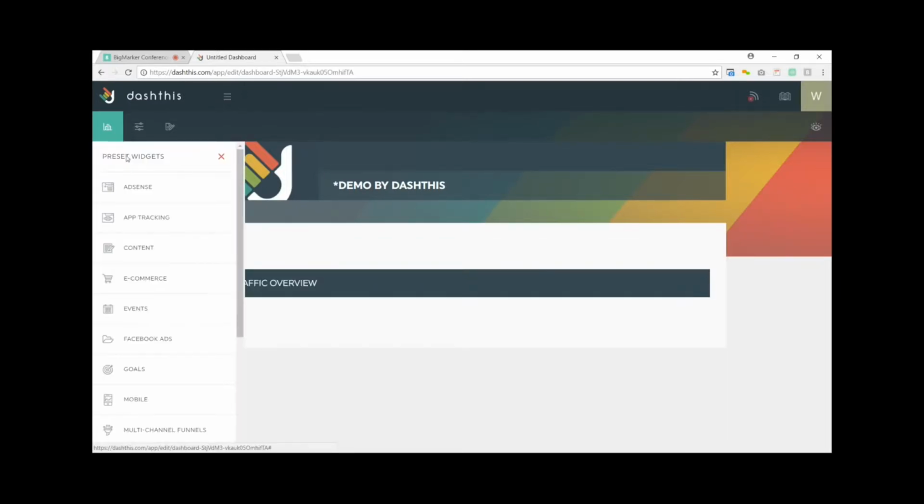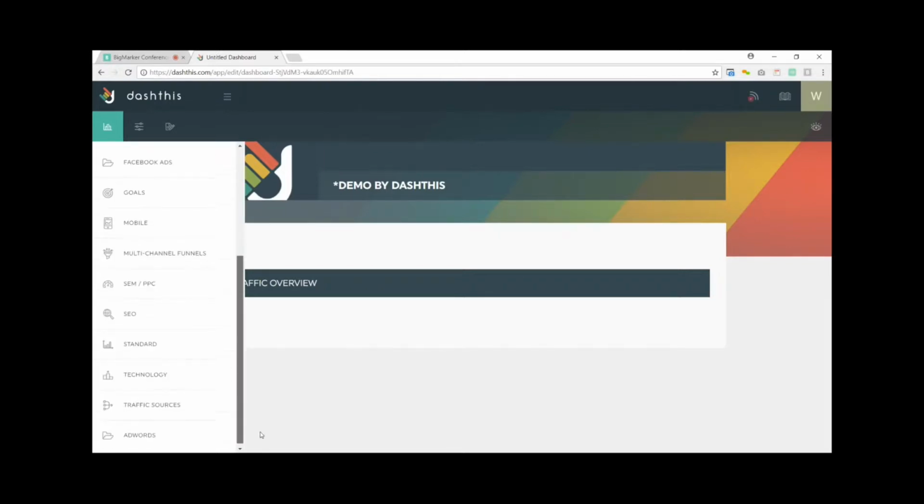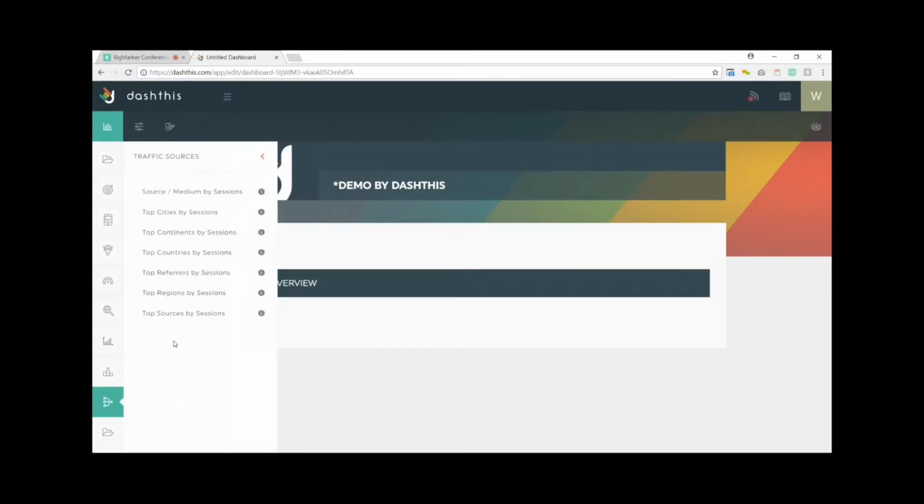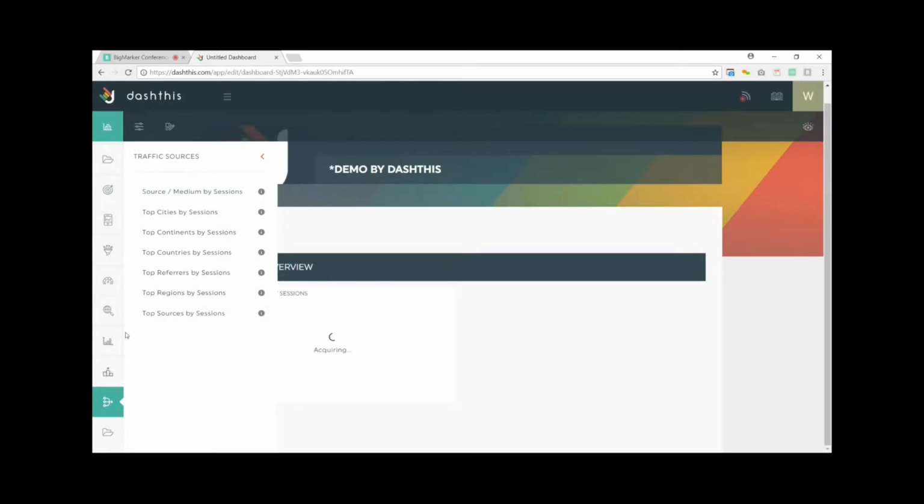Then I will go in my preset widgets menu. So these ones are widgets that are, as the name says, presets. So we have combined metrics and dimensions and different graph styles so that you can access it in just a few clicks. So for example, if I wanted to have my source medium by sessions, I could have as well,